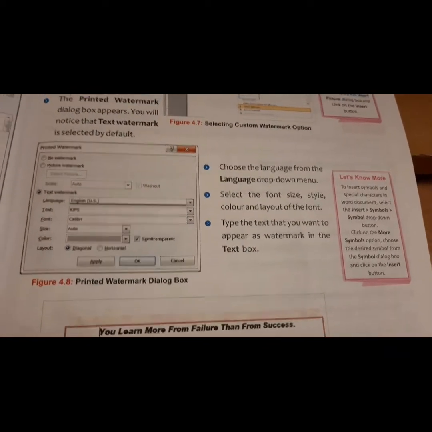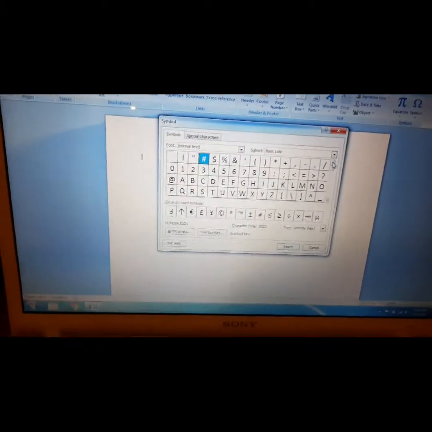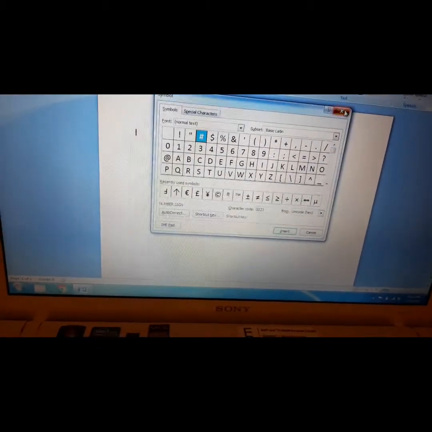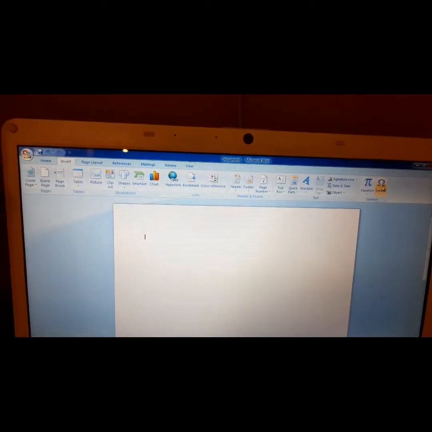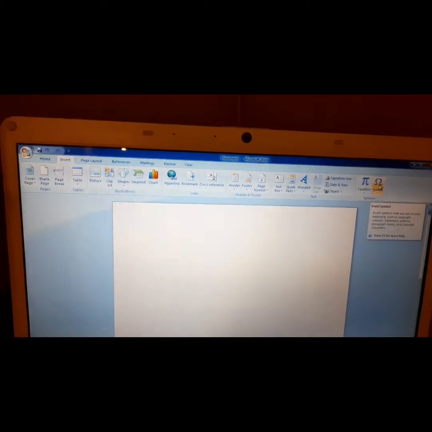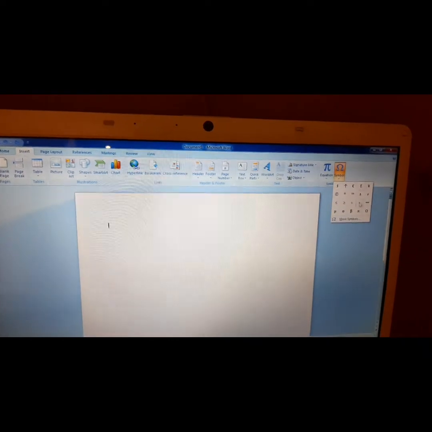Word has a gallery of different symbols. This is the gallery and these are the different symbols. How can we choose the symbols? First we will go to the Insert tab. After that we will go to Symbols. In the Symbols group, you can see that there are different symbols.